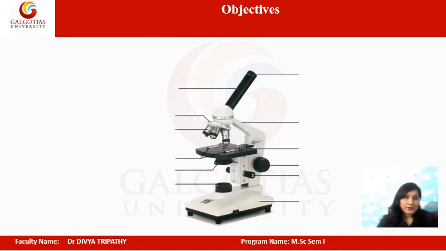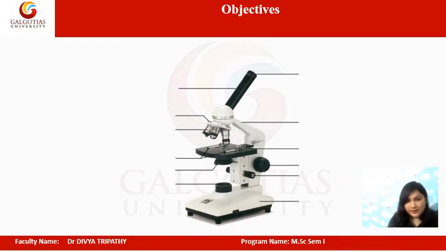so students, you all must have experienced working on a compound microscope in your previous class. Most probably in the biological labs where you have to study so many micro-sized cellular or subcellular components. So if I ask you to label this compound microscope, will you be able to correctly mark all the parts of this compound microscope?